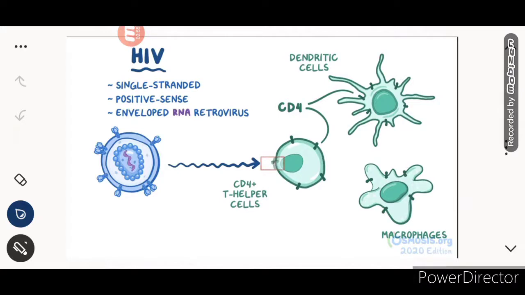Okay, so basically it affects the dendritic cells and the CD4 T helper cells. These are the cells that are the first line, or we can say they have some specific receptor that identifies the virus. Okay, so they attack the cells. So we are gonna just zoom in on this picture. Okay, CD4 T helper cells, how the virus affects the host cells.